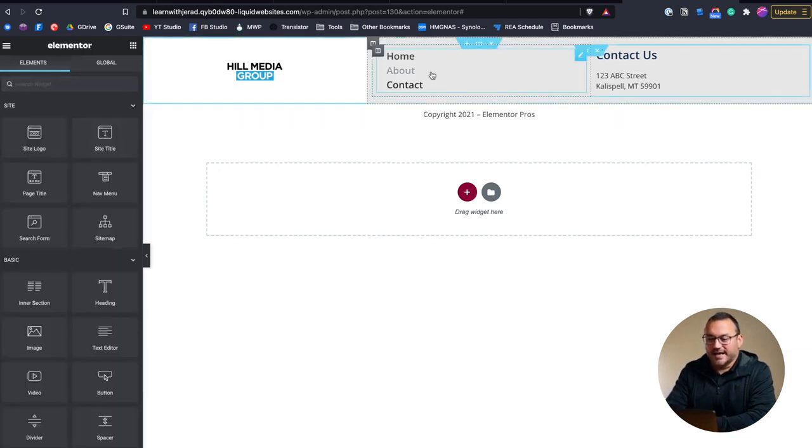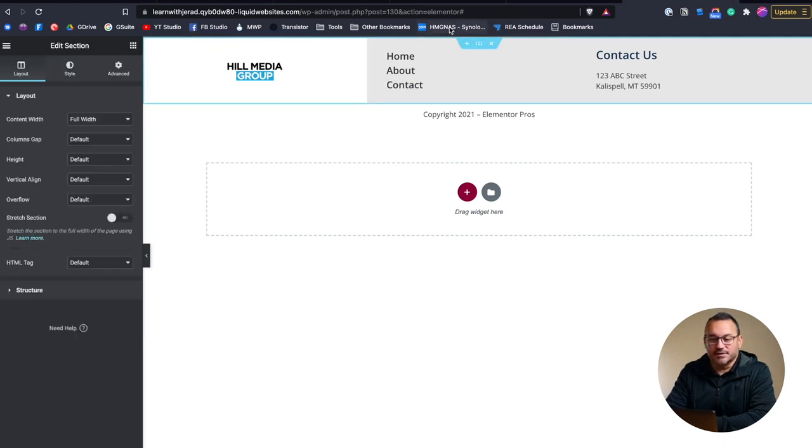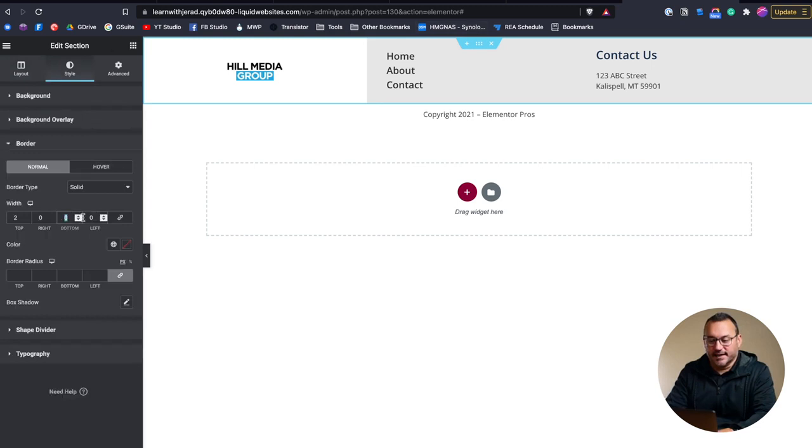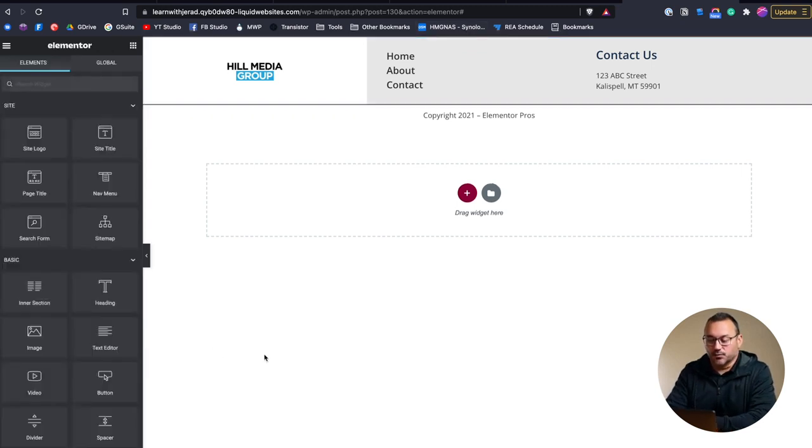We might want to add a bottom line to separate things a little bit here. We did, of course, add a top line using the border, so it's not too hard to go ahead and also add a 2-pixel bottom border as well. And if